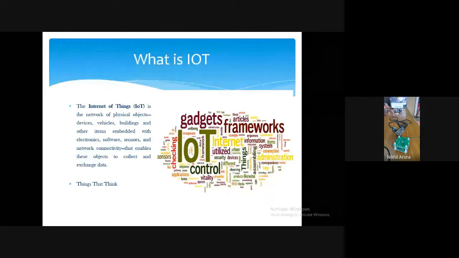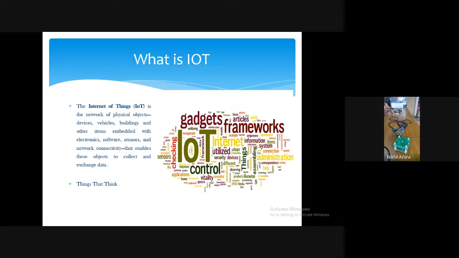Okay. So what is IoT? Basically it is networking of physical objects. What kind of physical objects? It can be buildings, vehicles, industry, sensors. All these are connected to each other and they talk to each other, and data goes to a server, and the server will analyze and process data, and based on that it may take some decision, alerts or some control. So all this data exchange between the objects is basically IoT.